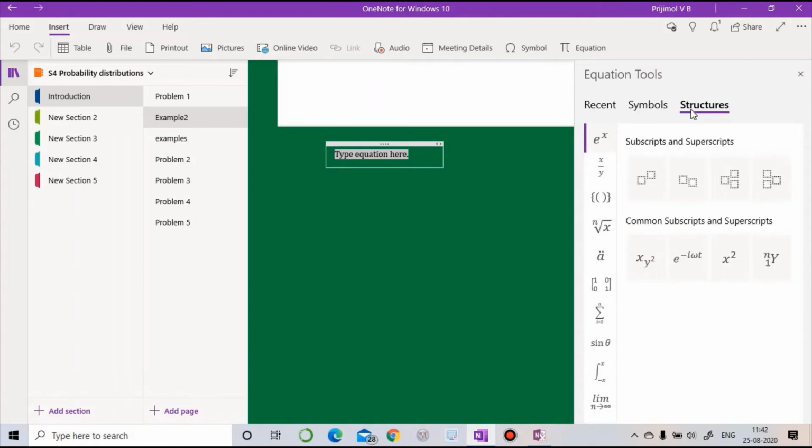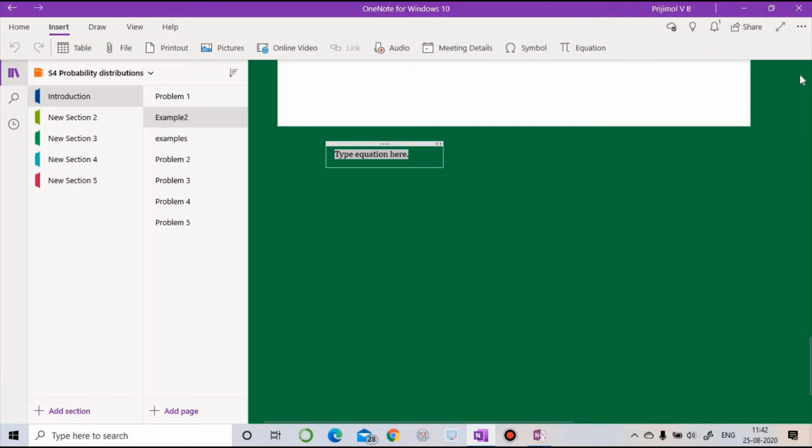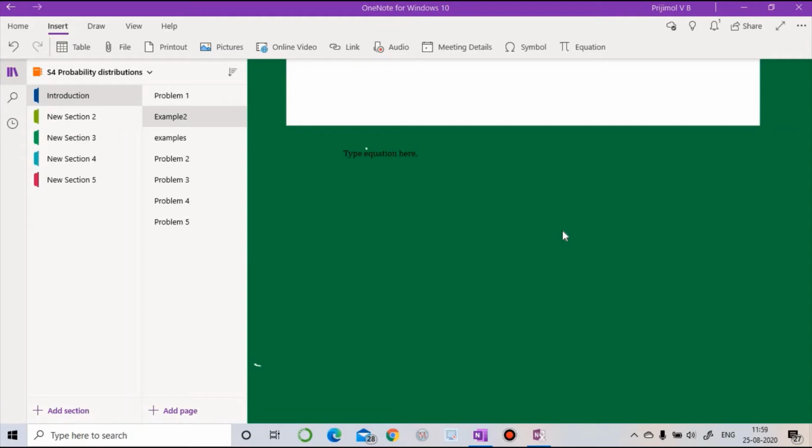You can choose these structures to write a mathematical equation, but I usually prefer writing it with a graphic pen tablet, because that is much easier for me. And that is what the Insert tab in the toolbar does. Now let me take you back to another tab in this toolbar, which says Draw option.